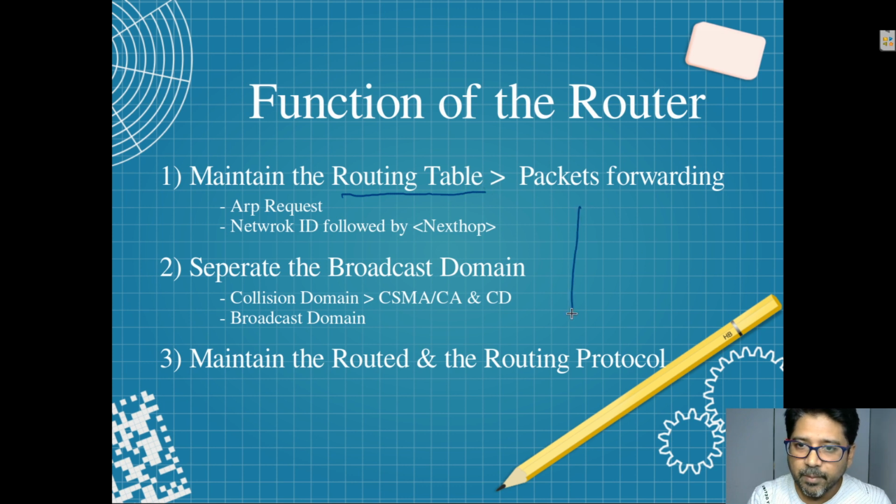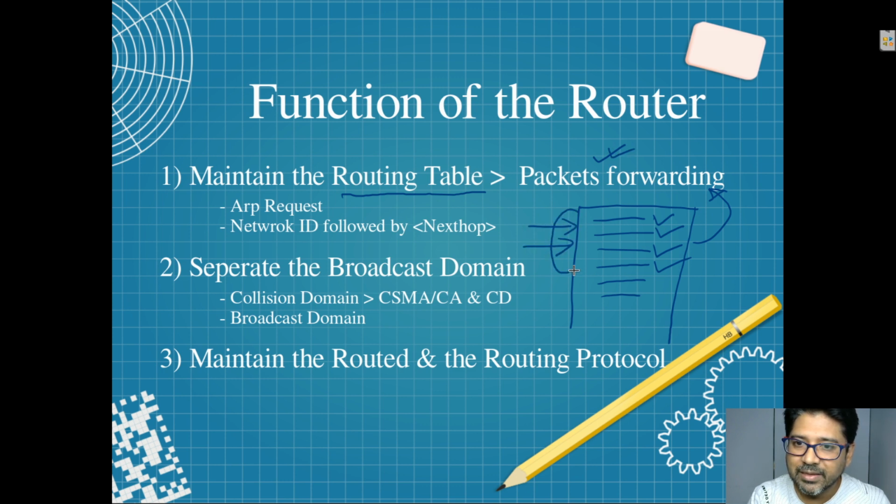The routing table maintains the best route. They maintain the best route so that they can do route selection, and this route selection is going to help with packet forwarding of each packet which the router receives on the